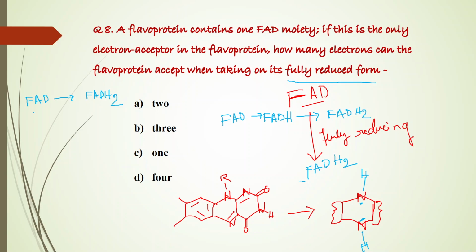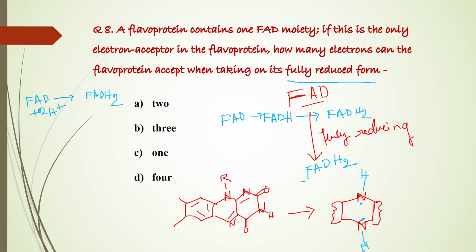So what do you require for reduction? 2 hydrogens are added on the right hand side. So you also need to add 2H plus on the left hand side to balance it out. So on both sides now we have FAD and 2 hydrogen. Now let us look at the charge, just similar to the previous question. On the left hand side we have 2H plus, that means 2 positive charge, but on the right hand side